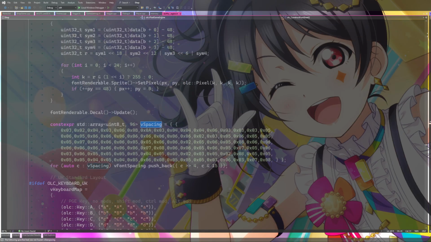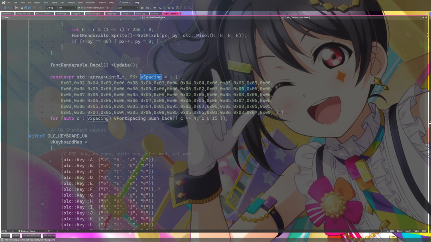There it is. If I remember correctly, the first one, or this is supposed to be how... Wait, where do I specify the... Is this really the spacing data? Like, this is supposed to be the width, this is supposed to be the offset. So if I change all these offsets to be 1, I think we'll be in business.